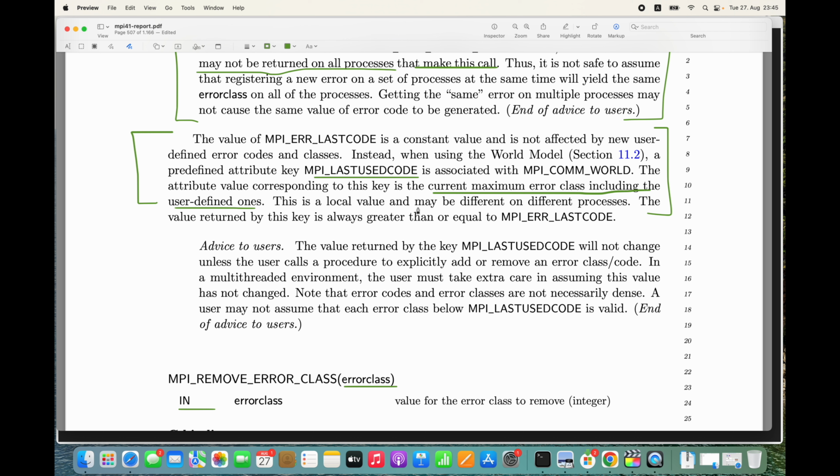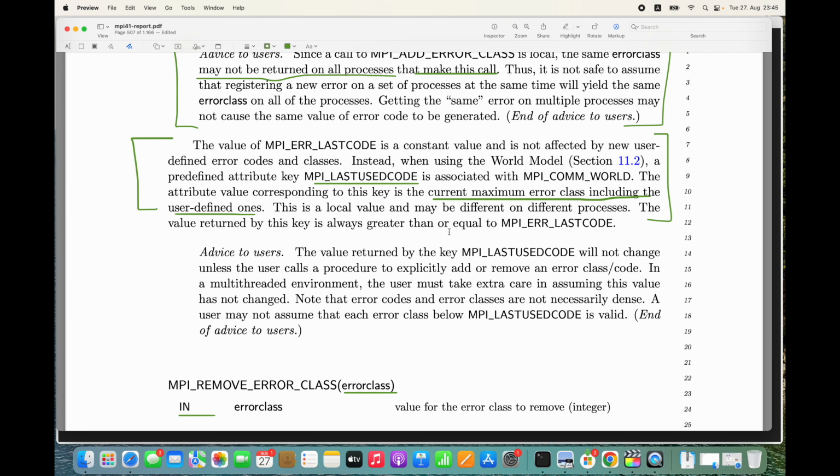This is a local value and may be different on different processes. This is also a very important thing to know. The value returned by this key is always greater than,